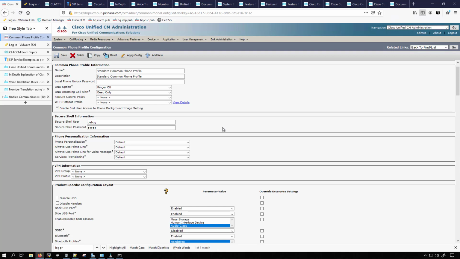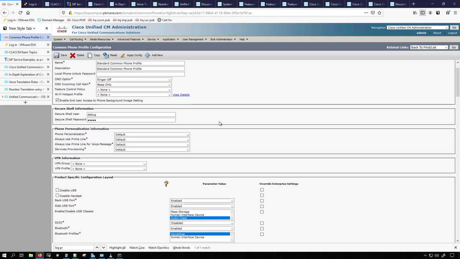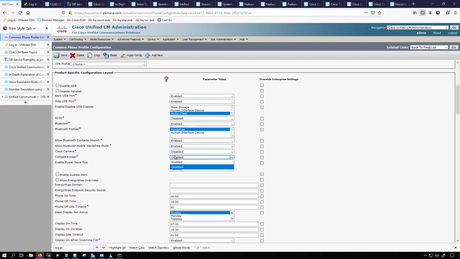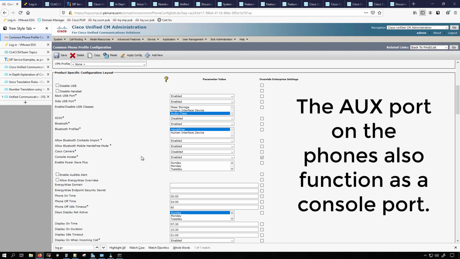Now let's think. We enabled SSH, we enabled web access, we enabled the logging profile. Something that we haven't enabled yet is console access, which some people might be thinking, what do you mean console access? Phones don't have console ports. Yes, they do. Here's a video up in the corner that I did a while back where